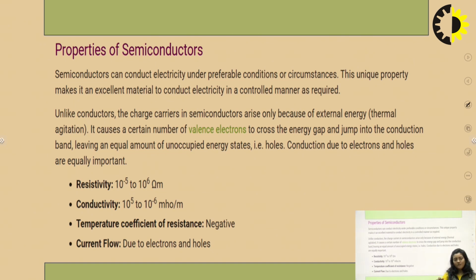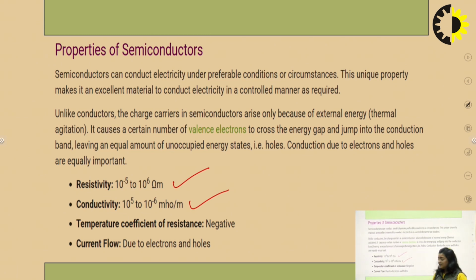All the electrons from the valence band will jump to the conduction band. In the insulator, none of the valence band electrons will jump to the conduction band. But in a semiconductor, you can allow some of the valence electrons to jump from the valence band to the conduction band. So the resistivity of a semiconductor can be changed from 10 to the power minus 5 to 10 to the power 6, and the conductivity also changes from 10 to the power 5 to 10 to the power minus 6,